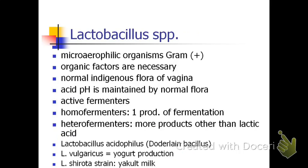Organic factors are necessary for the growth of Lactobacillus. These organisms are so important in the industry that there is even a society here in the Philippines that is mainly devoted to the studies of Lactobacillus. Okay, I think they call themselves the PS Lab, the Philippine Society for Lactic Acid Bacteria. Okay, we will be having a joint conference with them next year in Cebu. Okay, anyway,